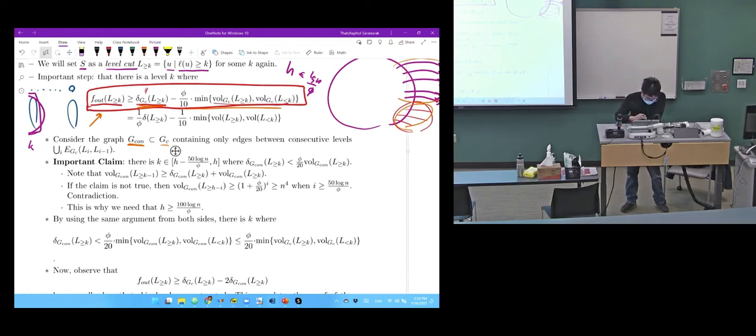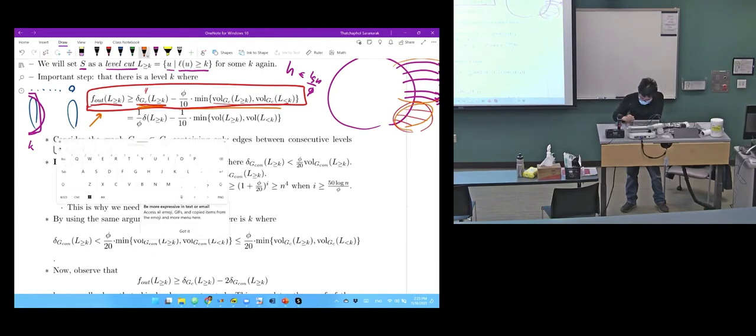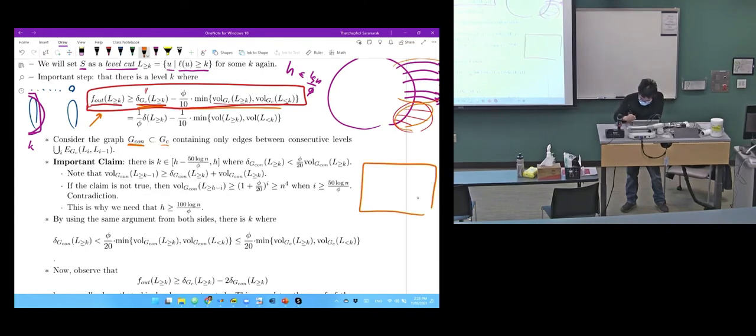I really just look at the graph, like I draw the graph into levels, and I only take edges between levels. Remove all edges that skip levels. That's G-con. And now, the claim is that